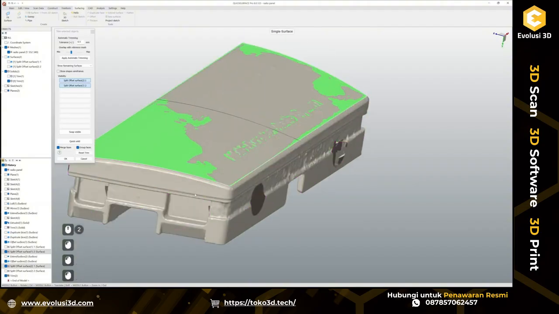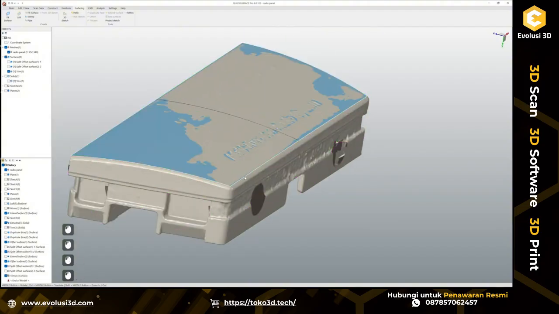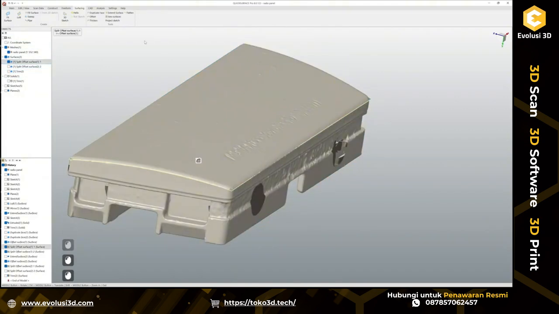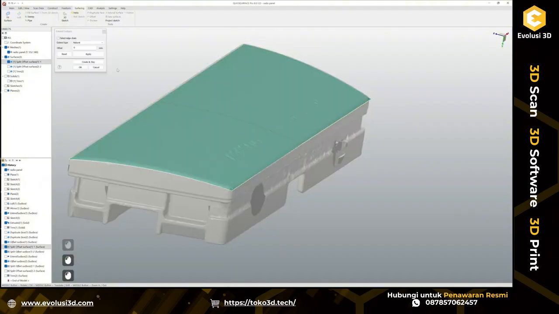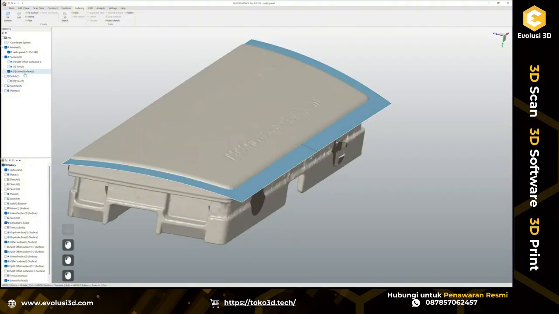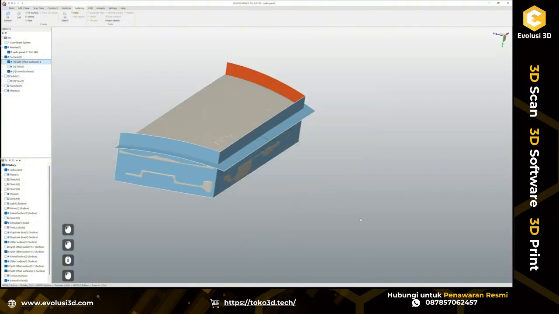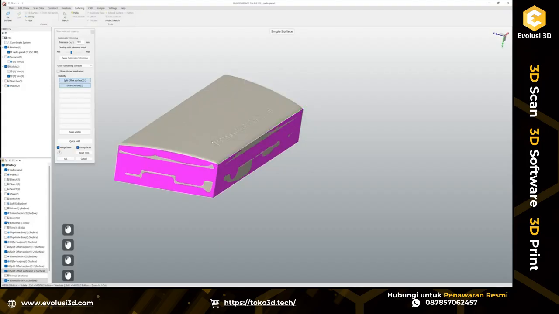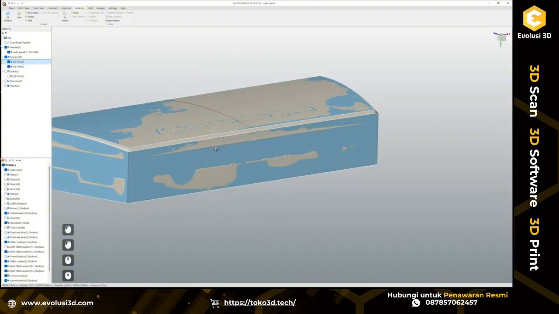Trim like this. Right, and now I want those two. Let's extend this. Okay, and let's perform trim here. Okay, and from here now,